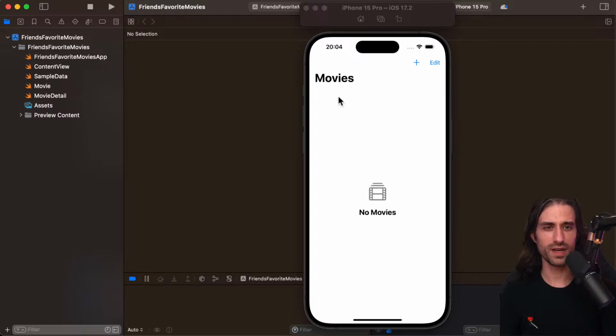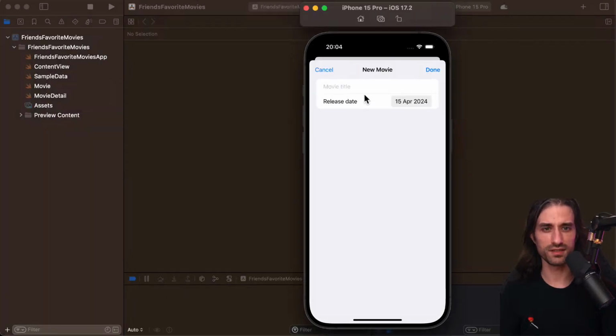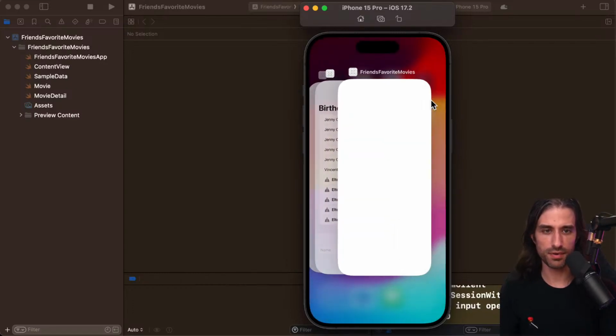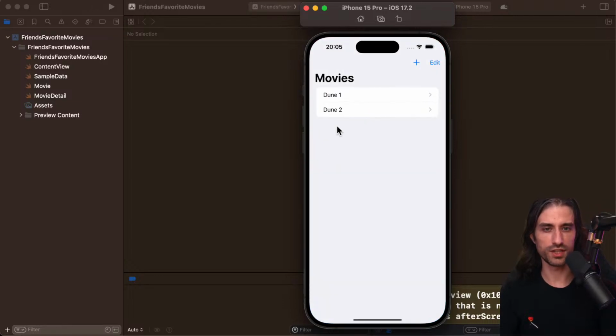All right, so we have this app where we can add movies. So if you remember last time, I kept adding Dune 2 as a movie. So I'm going to add Dune 2. I'm also going to add Dune 1, I guess. And what was nice was that if we killed the app and relaunched it, the data was persisted. And we could also edit movies.